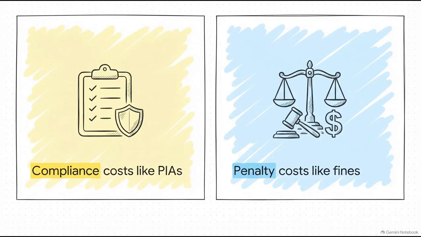This reveals the absolute balance sheet reality of data privacy. On one side of the equation, you have the proactive cost of compliance, writing the policies, conducting those privacy impact assessments, and managing consent. On the other side, you have the retroactive financial damage of legal penalties, fines, and let's not forget, the resulting reputational harm. By requiring disclosure on both ends of the spectrum, investors can clearly see which companies are managing their risks properly and which ones are just a ticking time bomb of legal liabilities.